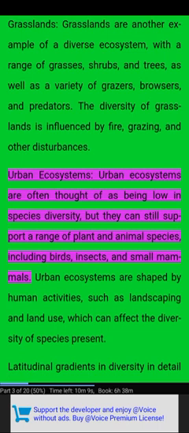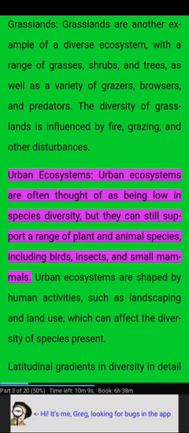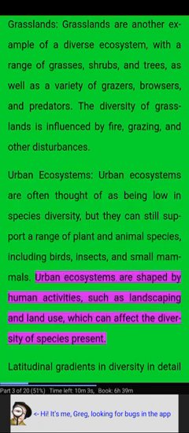Urban ecosystems. Urban ecosystems are often thought of as being low in species diversity, but they can still support a range of plant and animal species, including birds, insects, and small mammals. Urban ecosystems are shaped by human activities, such as landscaping and land use, which can affect the diversity of species